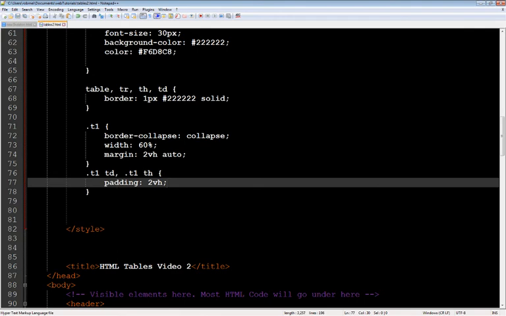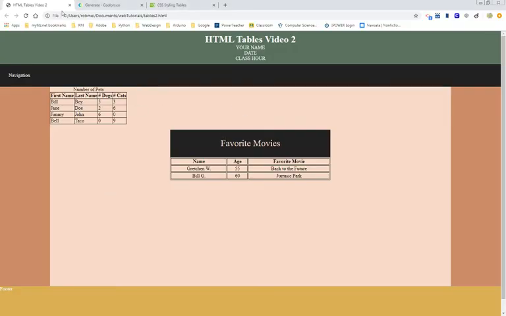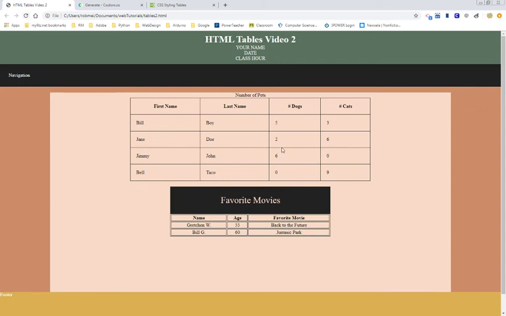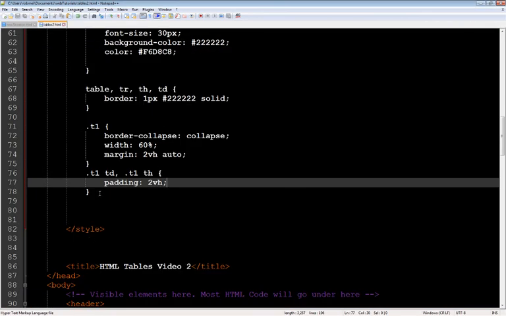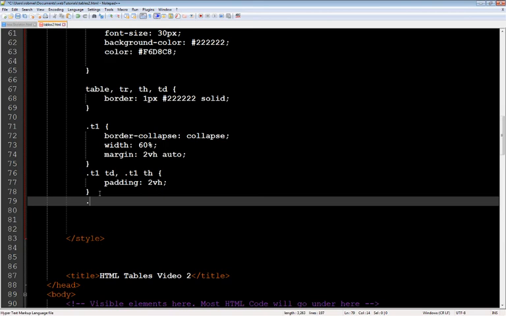So for this, what it should do is actually quite a lot right there, you see. We can put a little bit of extra padding in there to make it spread out, and then we centered our table. The last thing we're going to do, because I know this video is getting a little bit long, is talk about some of that object, the DOM. So .T1,